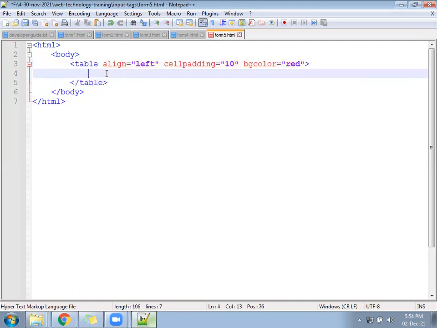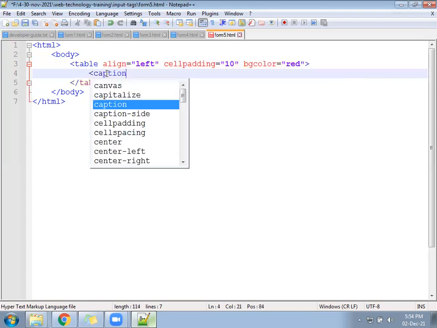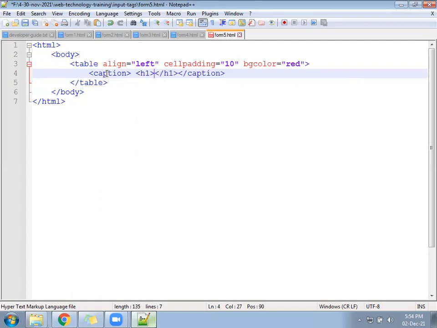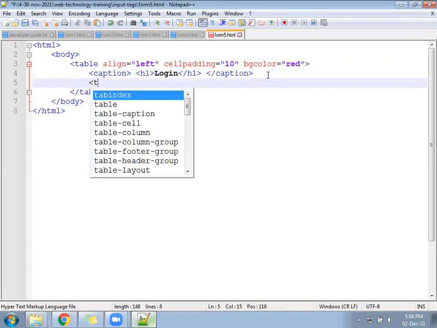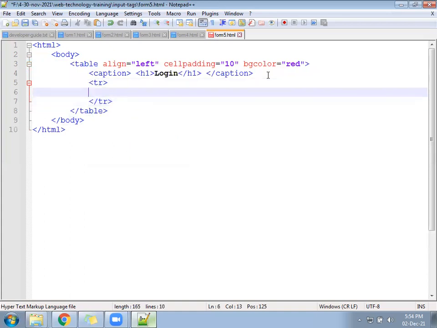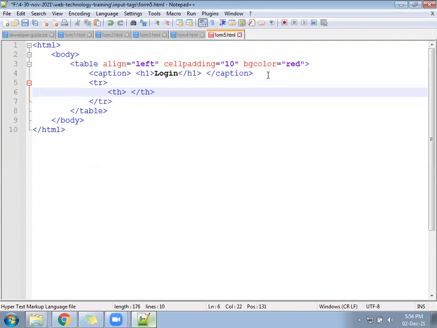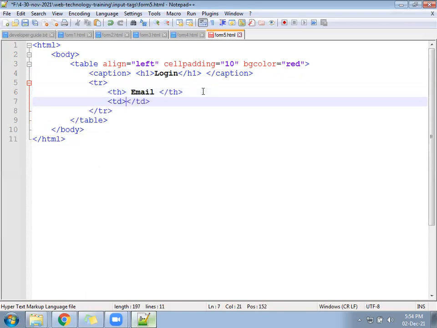Follow a caption tag, H1, login. Write a TR, a TH, email, and one TD. I'm not repeating the example, I'm just guiding you.